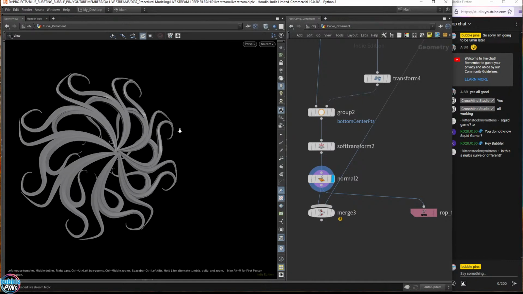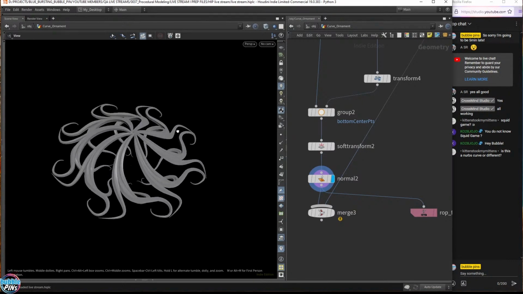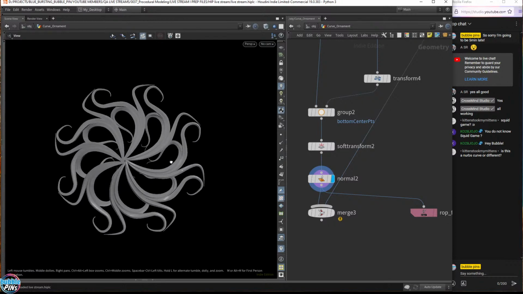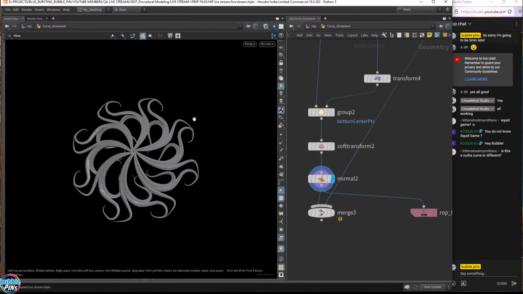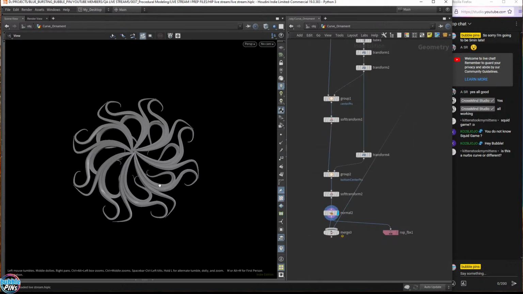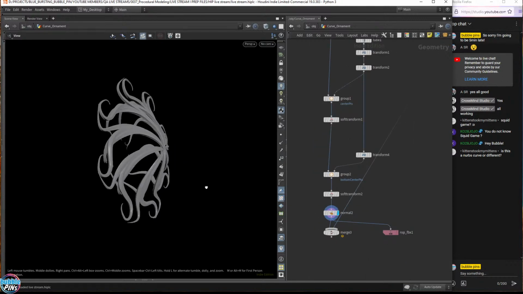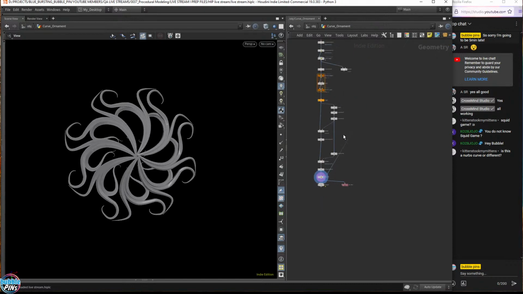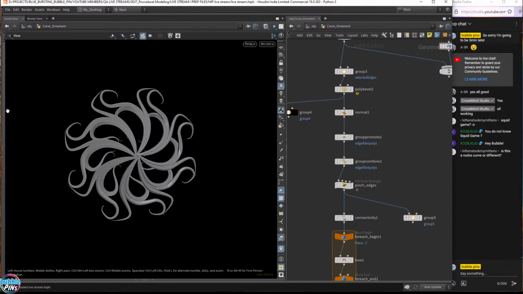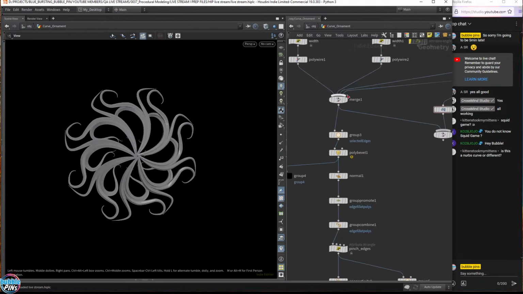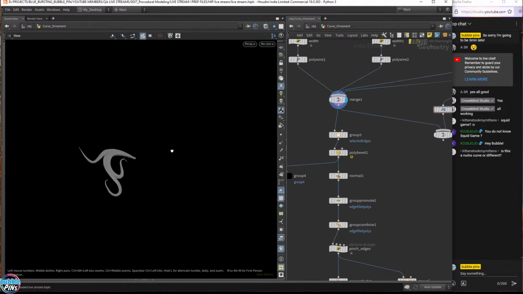So this was driven by the curve node. You can do fancy ornamental designs. I mean, this would look a lot better if I had more squiggly lines going out, like more curves to drive this. At the beginning when I started this, it was just an experiment to see what I could create. So there's nothing really I was aiming for or any goal in mind. So I started off with one piece,